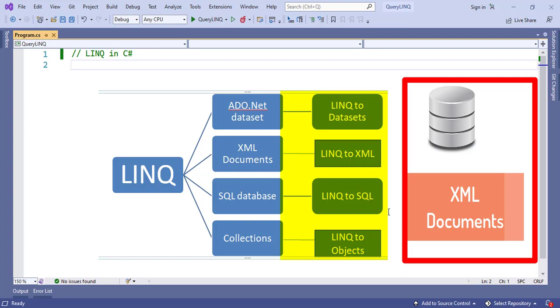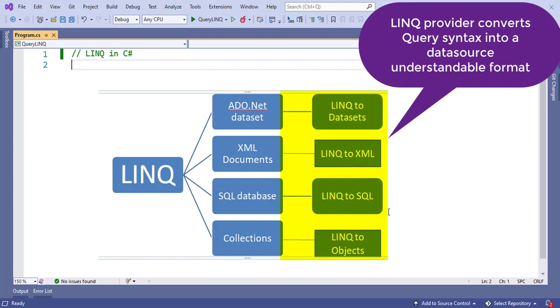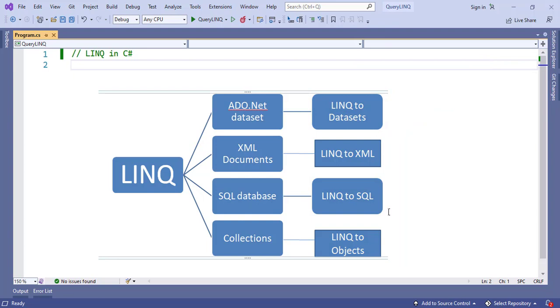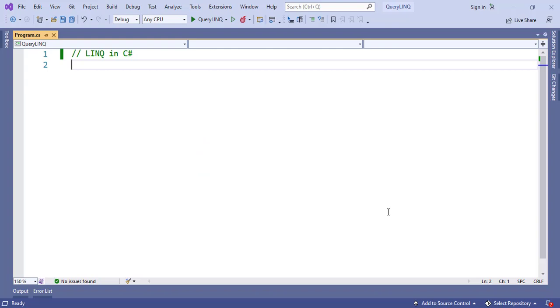This LINQ provider converts query syntax into a format such that a specific data source can understand it. That means if you want to retrieve data from XML documents, then whatever query we write is given to the LINQ to XML provider. The provider converts the query into a format such that XML documents can understand it. So this is how LINQ works.